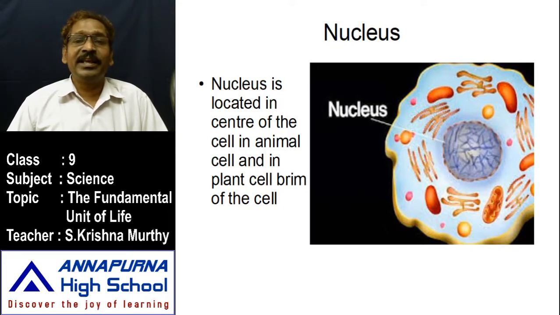Ribonucleic acid, RNA. What is there in the nucleolus? The nucleolus contains proteins, rich proteins, and RNA, not DNA, only RNA. You know very well RNA is present in some bacteria and viruses. Most viruses contain RNA. In our body there is no RNA, in the plant body there is no RNA. Wherever DNA may not be there, instead of DNA it is occupied with RNA. So that RNA is present in the nucleolus, not in the chromatin.